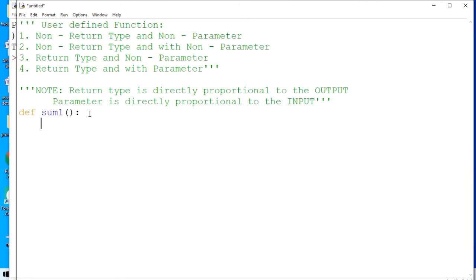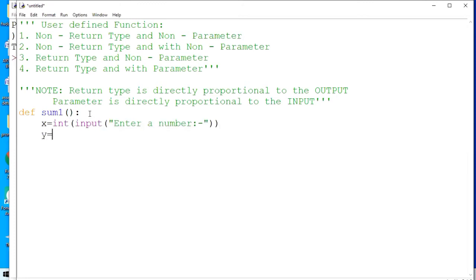Now, if I have not got any value through the parameter, then I have to ask it from the user. So I am going to ask x is equal to int input, enter a number. Through this message, the user will provide one number.